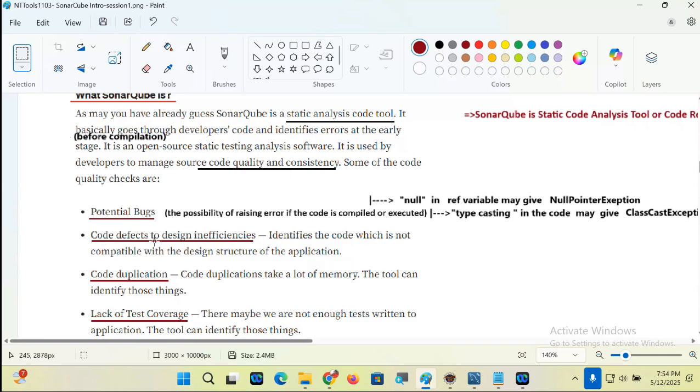Code defects and design inefficiencies. It identifies the code which is not compatible with the design structure of the application. I have written my own project specific coding standards, I have written one design document.